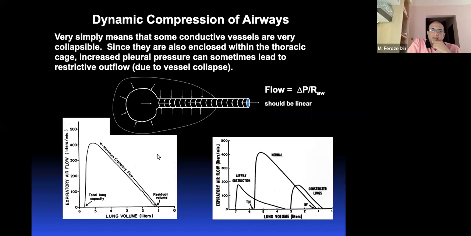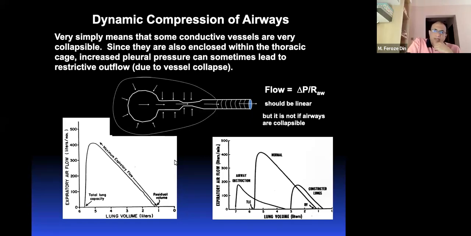There's a phenomenon that we call dynamic compression of the airway. And how this works is that one would think that the alveoli are so weak, when we expirate, why don't all the alveoli collapse? Because any pressure on the alveoli should make them collapse. And that is where some very beautiful